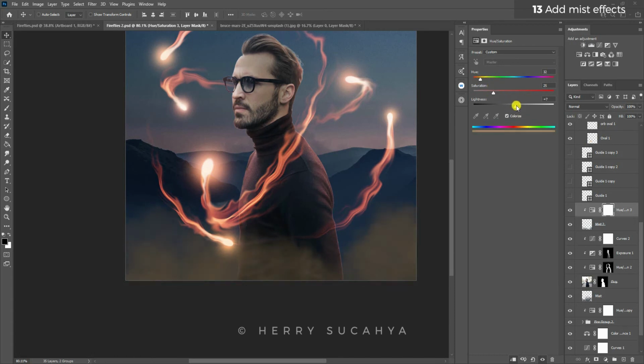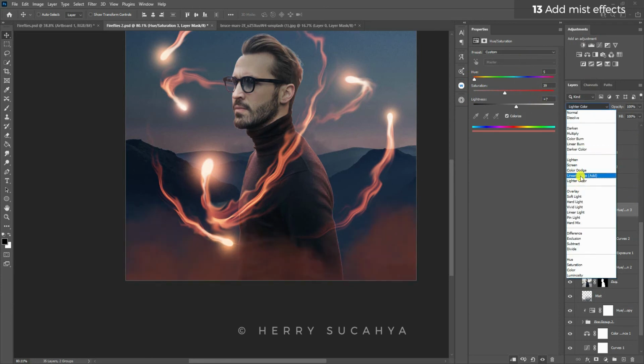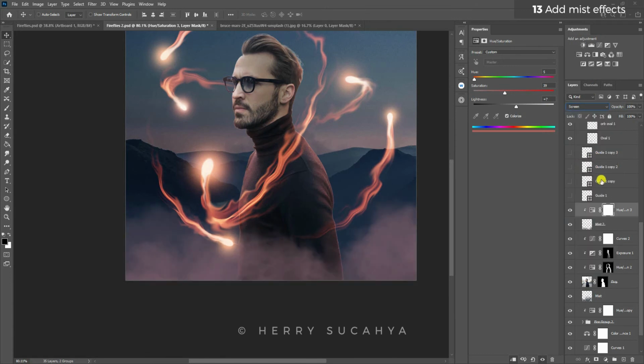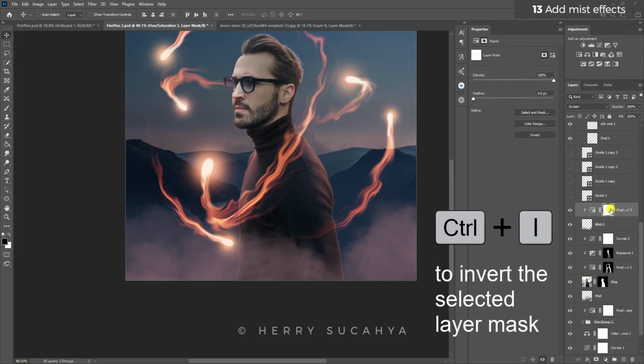Maybe turn up the lightness, the saturation, and that's it. So yeah, maybe just like that. So around this value, and maybe change into screen. Let's see. I'm not sure about it, but let's just do it